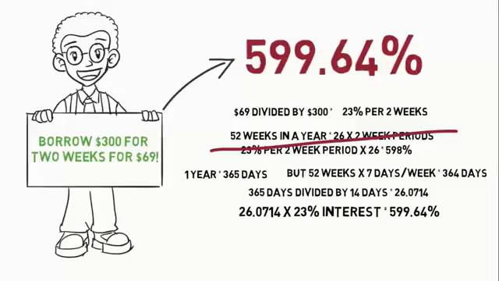Non-leap years have 365 days, but note that 52 weeks multiplied by 7 days per week is 364. So the exact formula requires using a more precise number. To figure out how many 2-week periods there are in a year, we divide 365 days by 14 days to get 26.0714. We then multiply this by the interest rate per 2 weeks of 23% to get a simple annual percentage rate of 5